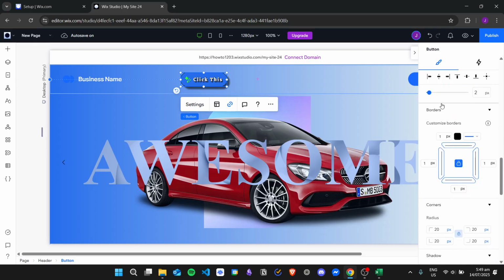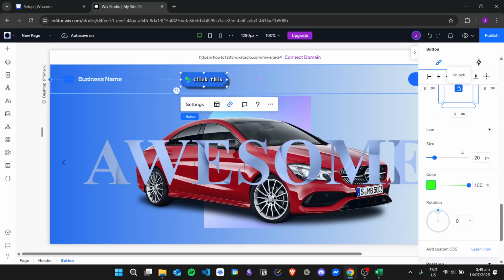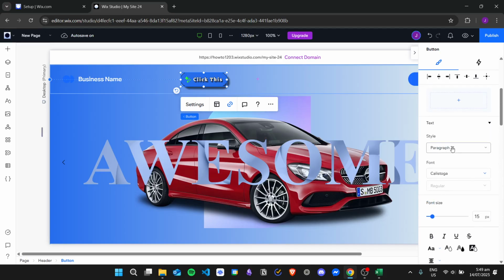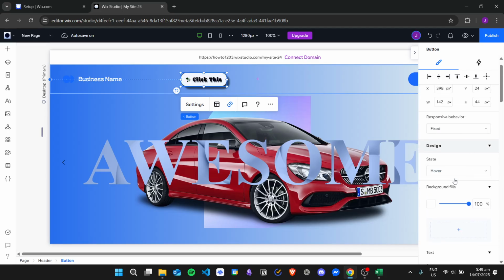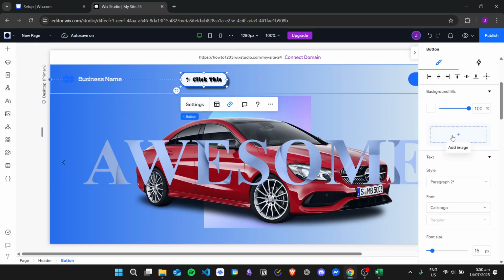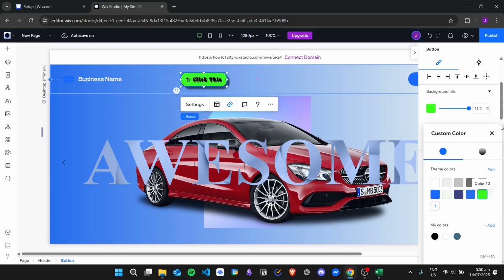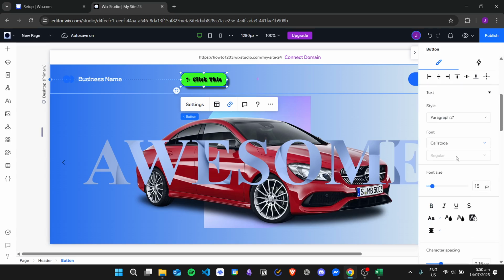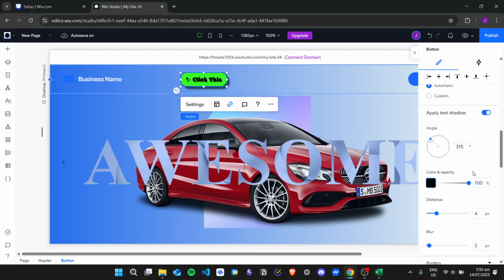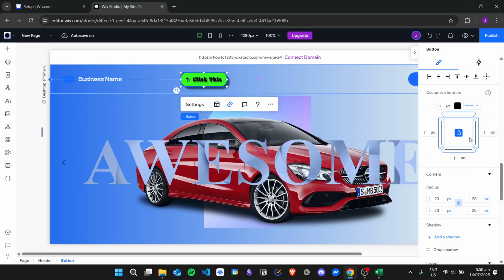And then once you're done, you can also design the hover state of the button right here. You can also change some different things. You can also change the background, and basically you can do the same settings that we have done to the regular state button. So maybe I'll just remove the shadow,